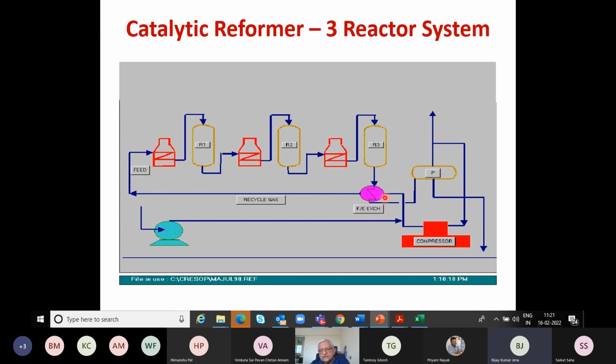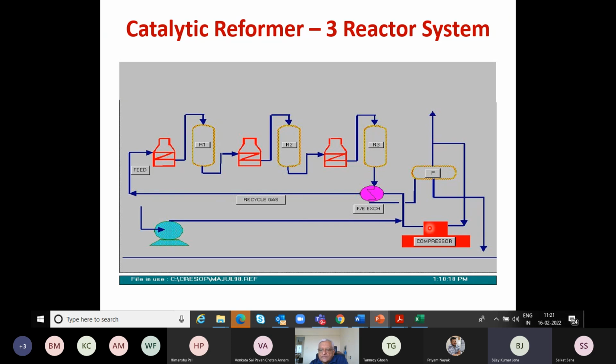In fact, you will see more of this discussion as we go along in other technologies, where the final product coming out of the reactor is cooled against the feed coming to the unit. So it is called a feed effluent heat exchanger, and then the product is further cooled, and then the uncondensed gases go out, which is predominantly hydrogen, and some amount of C1, C2, and that part of it is